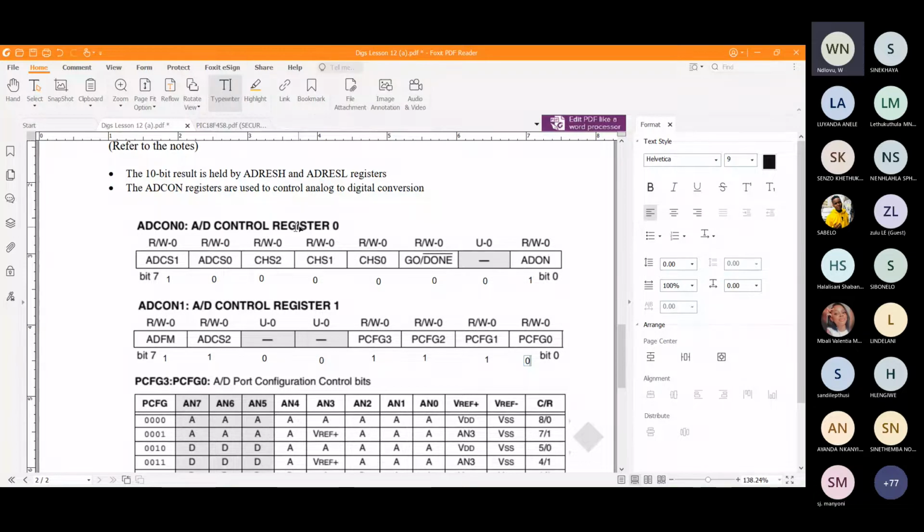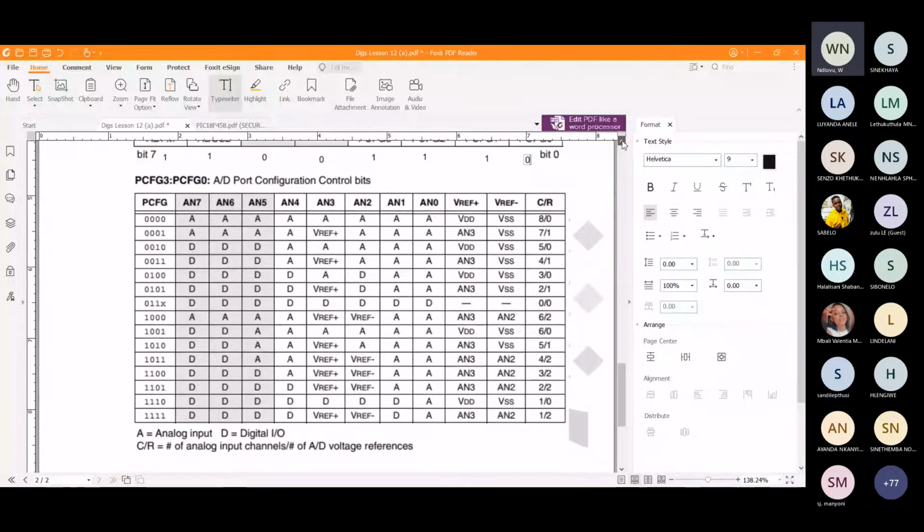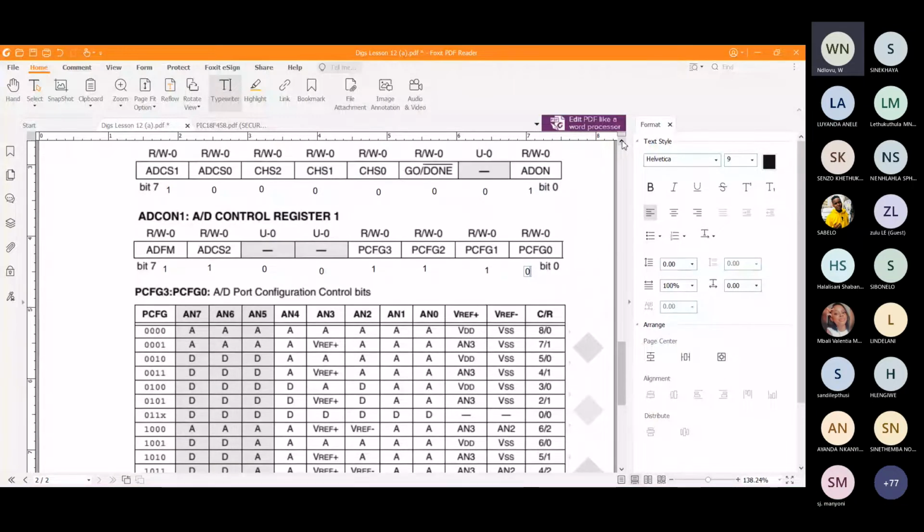Now you need to know the ADCON control registers, plus the ADCS. I'll show you the ADCS now. I did not include the ADCS here, but we will look at it on the data sheet. Then I will modify this lesson. I'll put it on there. So here,